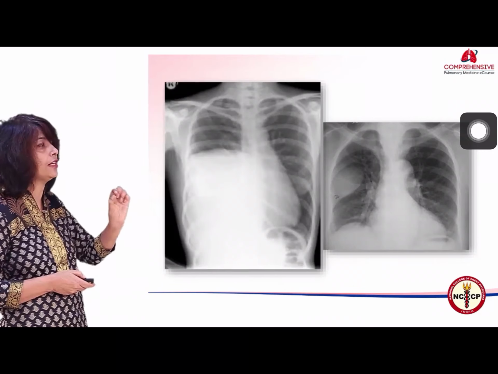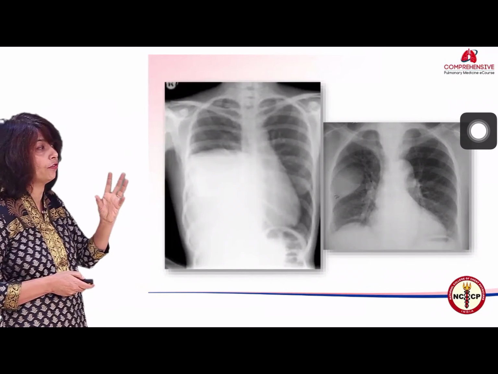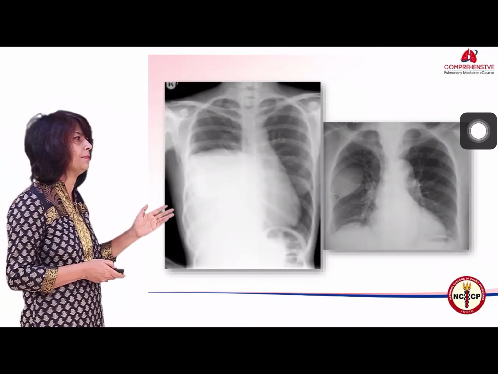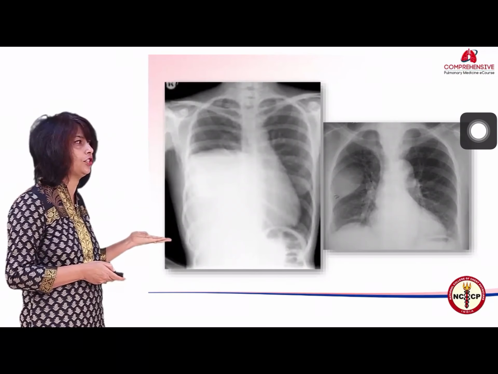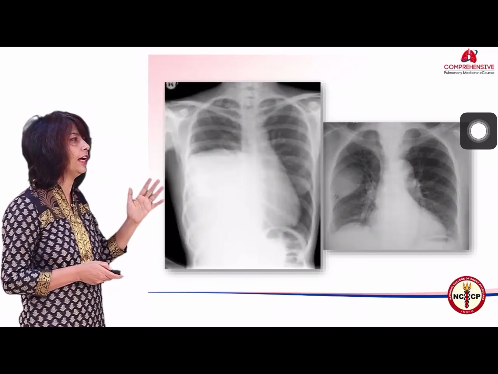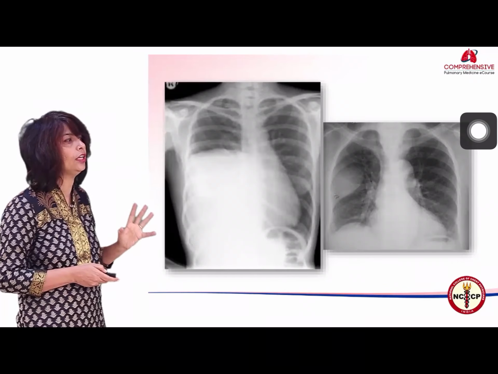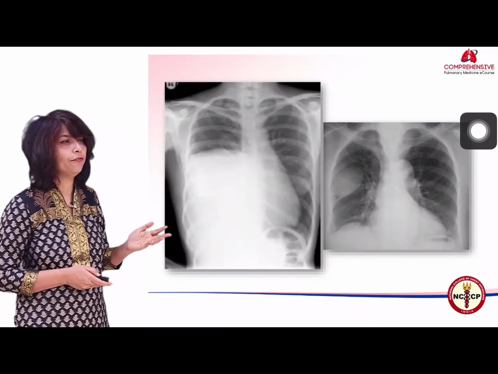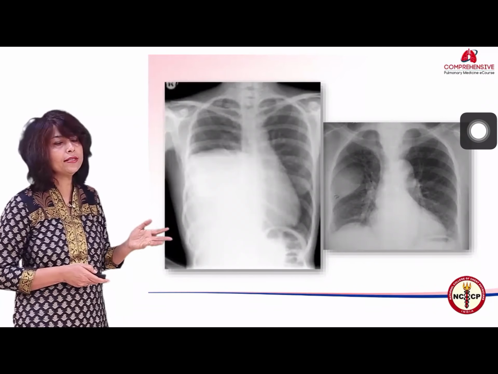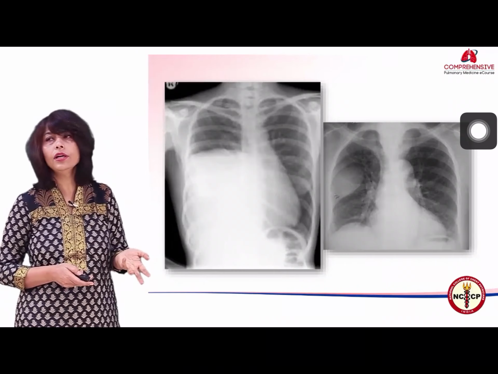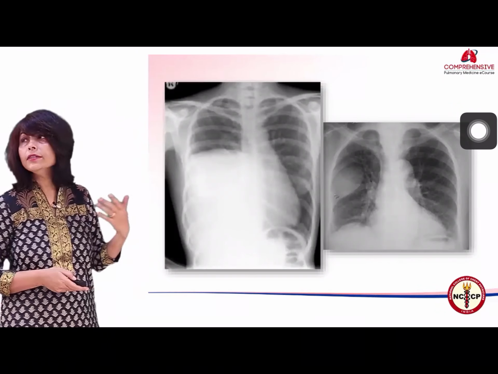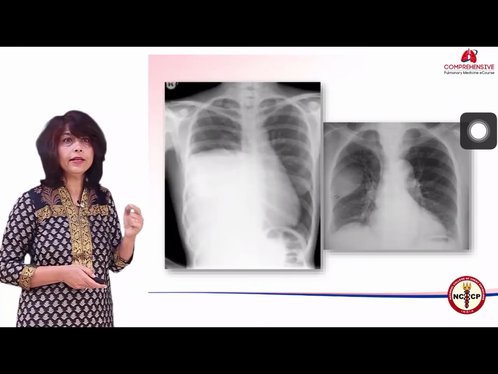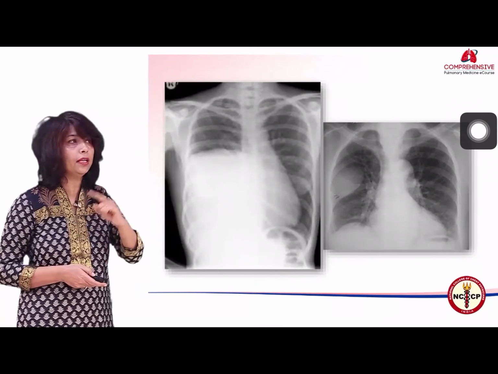Then after we have decided that it's more likely to be extraparenchymal in the chest wall versus pleura, I told you if I see a single rib destruction suggestive of a mass, osteomyelitis, then there is no part of this mass which is bulging in the lateral chest wall. The muscles of the lateral chest wall are looking absolutely neat and clean. So I'm most likely dealing with a pleural effusion or a pleural mass. And what should I do next? I should do an ultrasound next. So that is how it helps, because it helps you to suggest the next modality. The next modality can be an ultrasound, it can be a lateral radiograph,